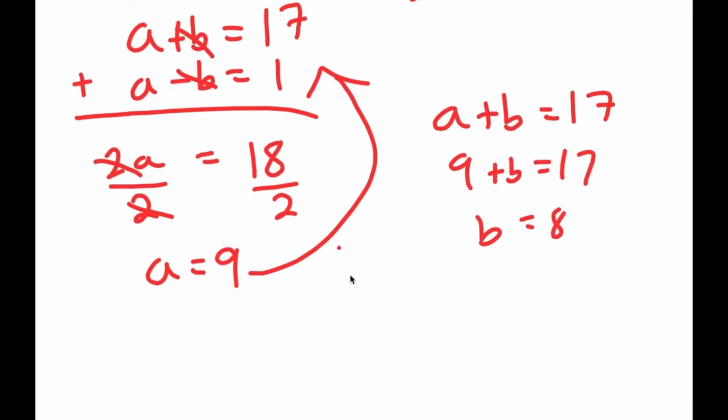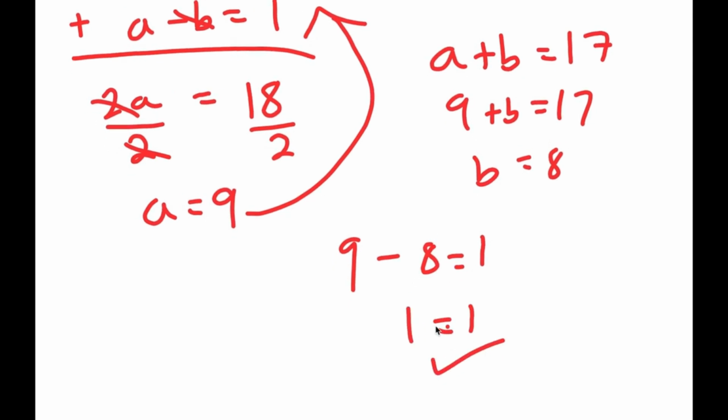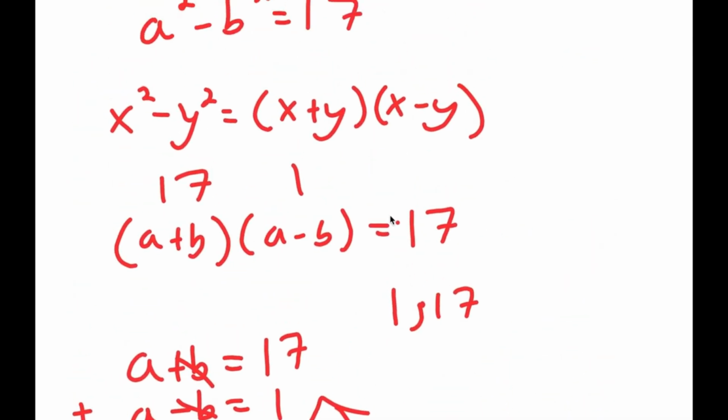And we can even check it over here. Let's plug both of these in. A is 9 minus b is 8, and 9 plus 8 does equal 17. So now that we know a is 9 and b equals 8,